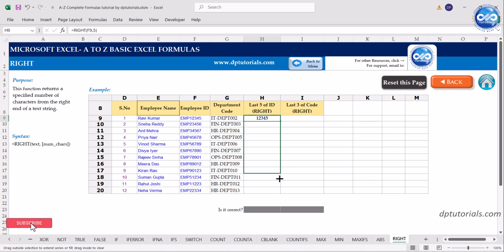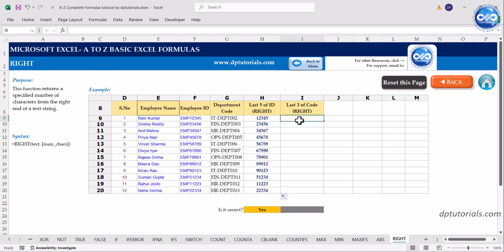Similarly, in the cell I9, let's extract the last 3 digits from the department code. Use this formula: equals RIGHT, open the parentheses, G9, comma, 3, close the parentheses and press enter and then drag the formula. This RIGHT function is super useful when you're dealing with standardized codes, extracting suffixes, parsing employee